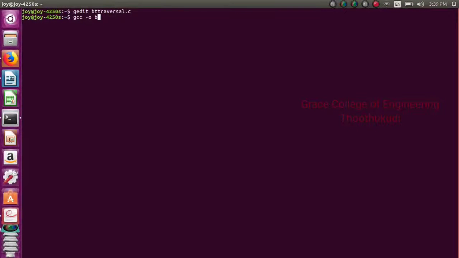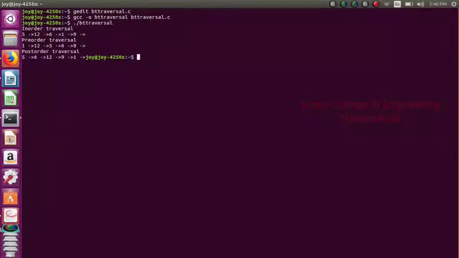Then move to the terminal window and compile the program. gcc -o bt_traversal bt_traversal.c. Then run the program with dot slash, the executable file name, bt_traversal. It displays the in-order, pre-order and post-order traversals of our tree. 5, 12, 6, 1 and 9.